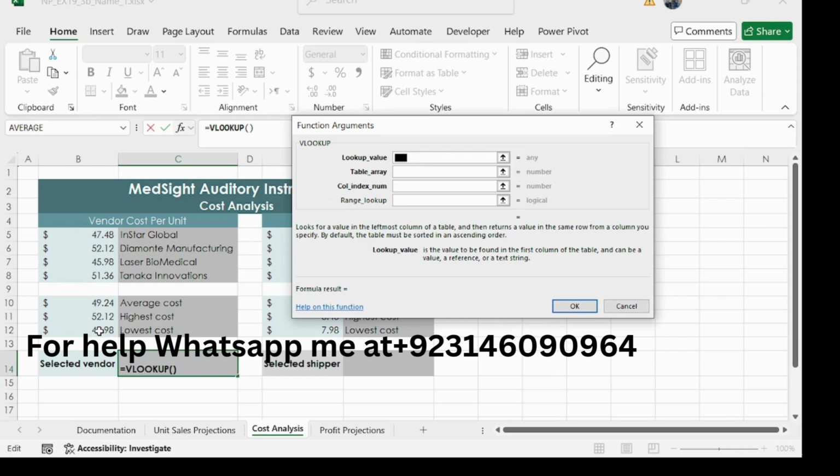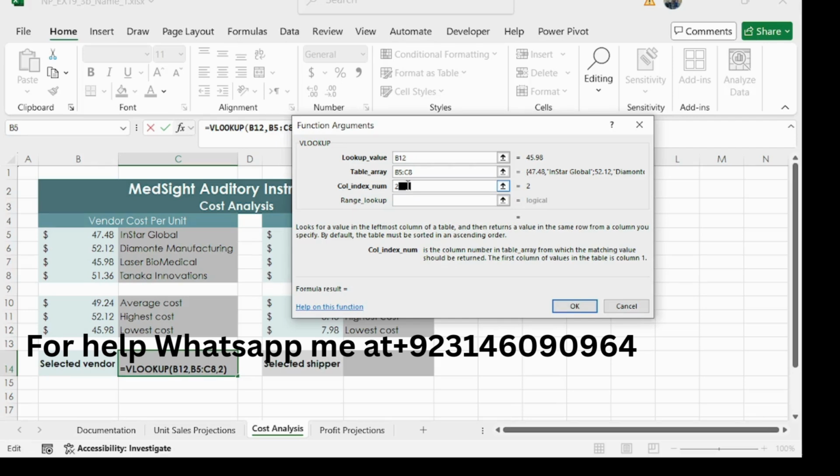So select cell B12, and our table array is B5 to C8, like this, and column index is 2. And specify an exact match.